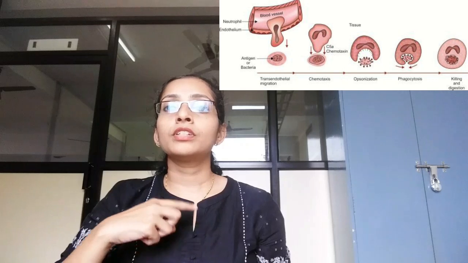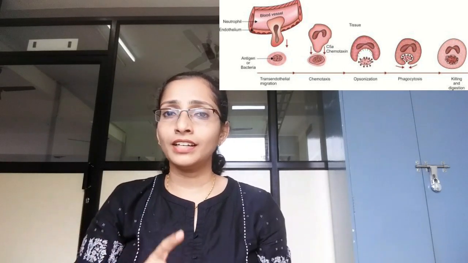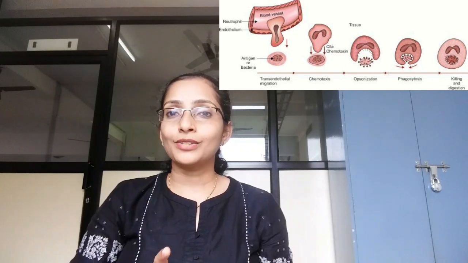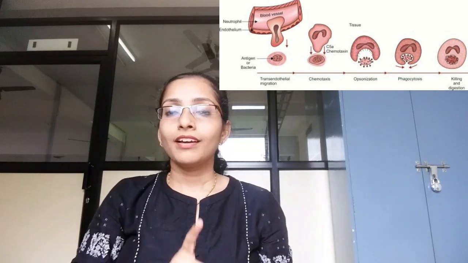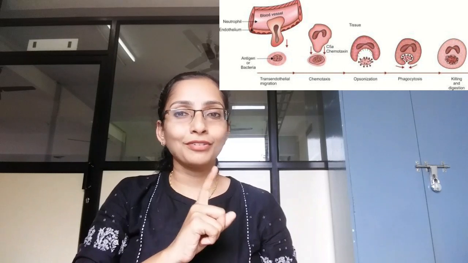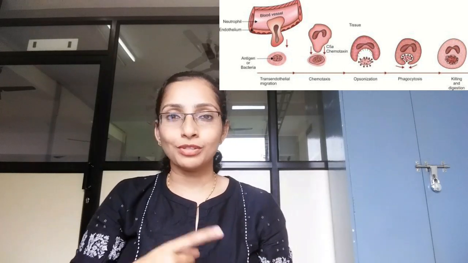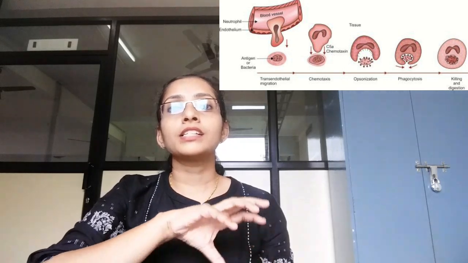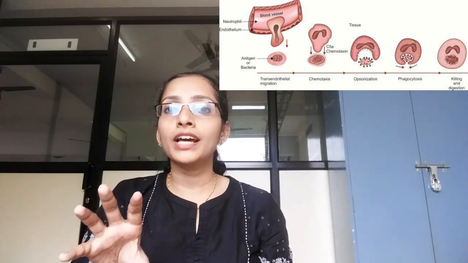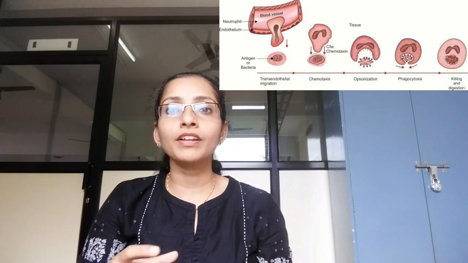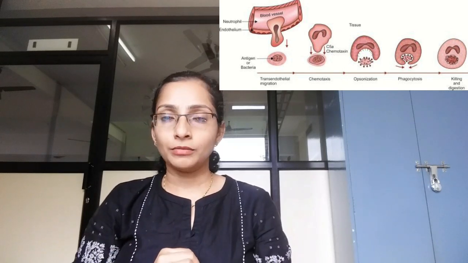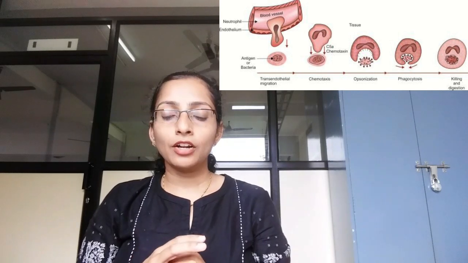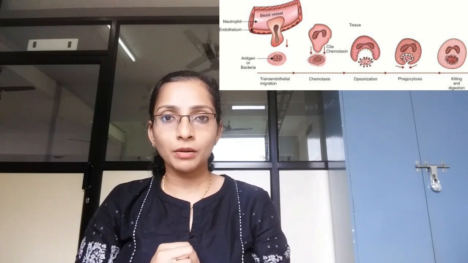This neutrophil cycle is given in detail in your first year and second year textbooks, so I'll only mention the names. If you don't know this properly, please refer to those texts and then watch the next video. So I was telling you there is transendothelial migration, chemotaxis, and phagocytosis, in which they engulf the bacteria. I'll also mention that phagocytosis has taken place.